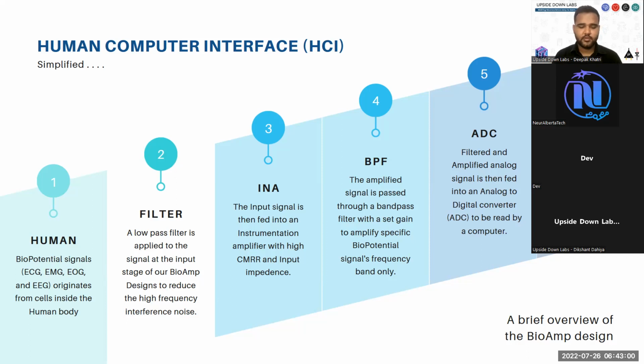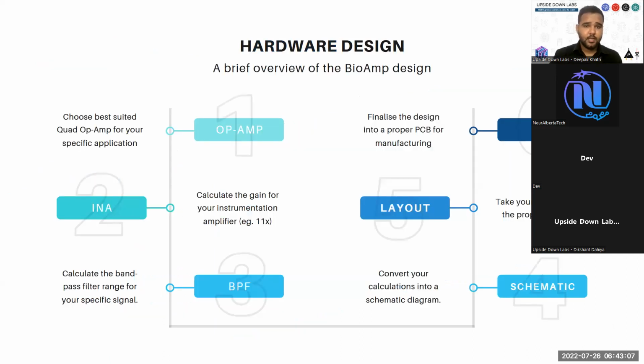Then we covered EEG, EOG, EMG, and ECG. For a BioAmp hardware design, this is mostly how we design BioAmp at Upside Down Labs. There are various different methods, and this is what I came up with after years of designing biopotential amplifiers and trying to build a very sophisticated piece of hardware that can record your biopotential signals